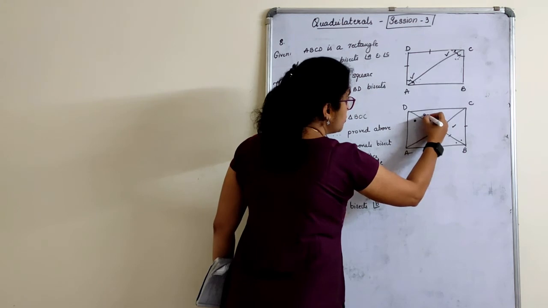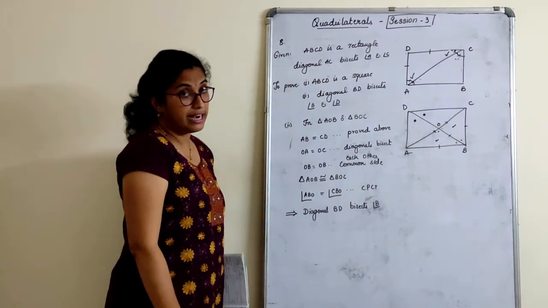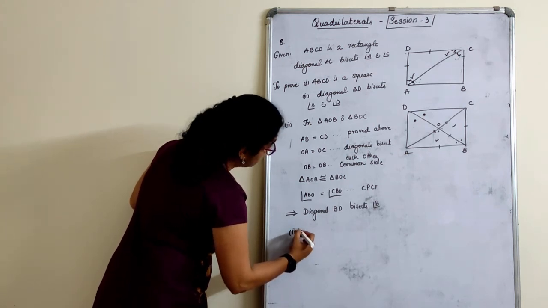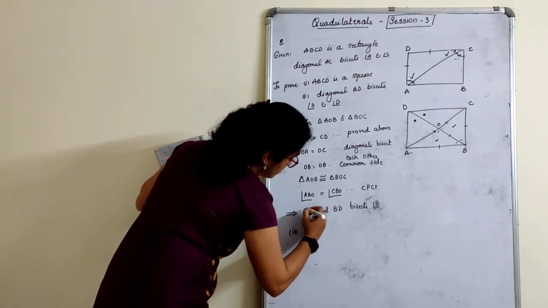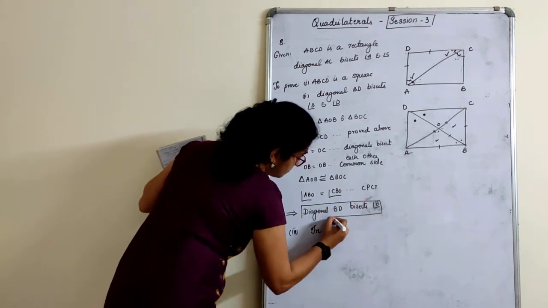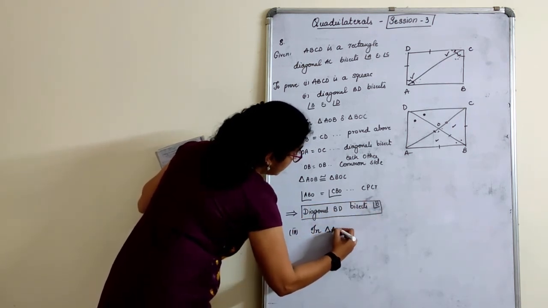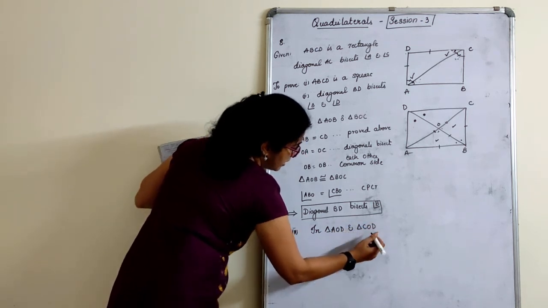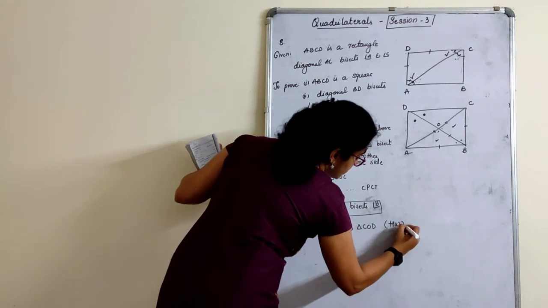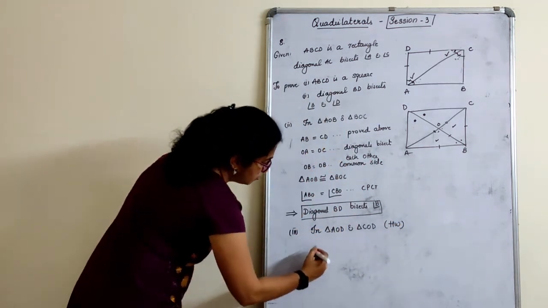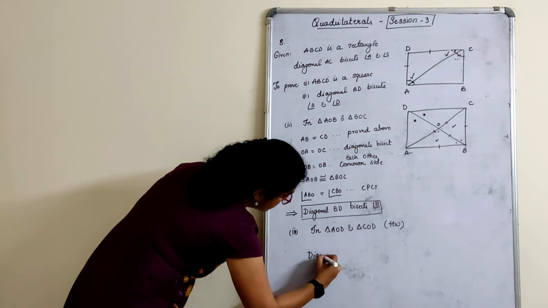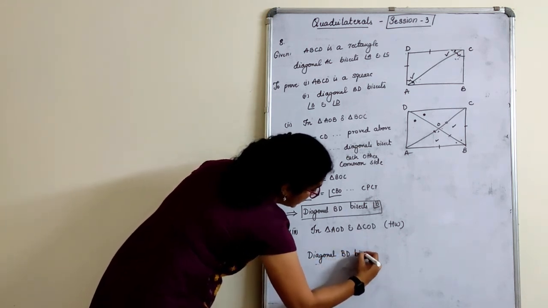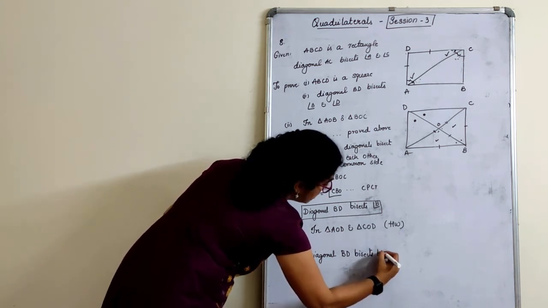Now, you have to choose these two sets of triangles and prove it. So, I will only write the third part here, that is, this part is proved. In triangle AOD and triangle COD, that is homework, children. From that you will get to know, in the same way, that diagonal BD bisects angle D.